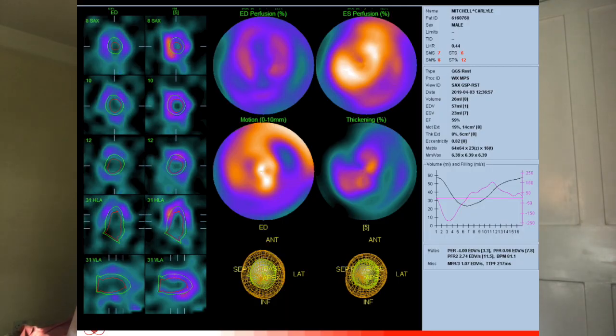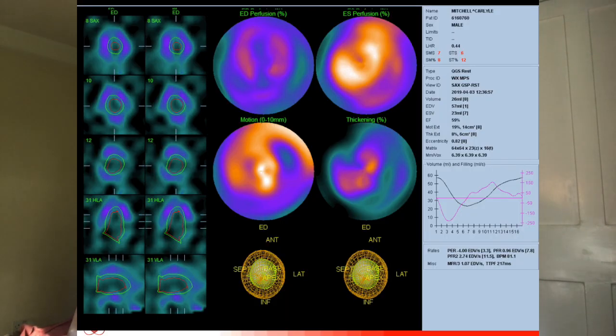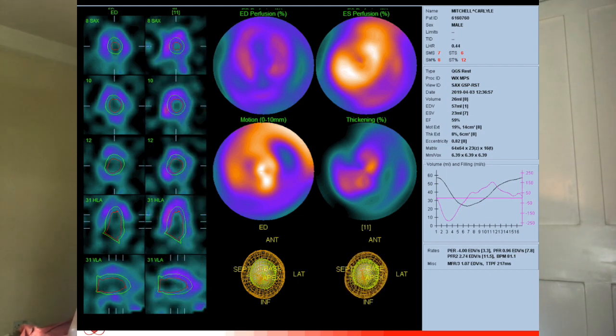And there is ECG gating, and we can look at regional wall motion abnormalities and the left ventricular function, and here the ejection fraction is 59% at rest, the EDV 57, and there's possibly some mild inferior lateral hypokinesis. But on the basis of this perfusion scan, the patient was sent to the cath lab, and I have selected images